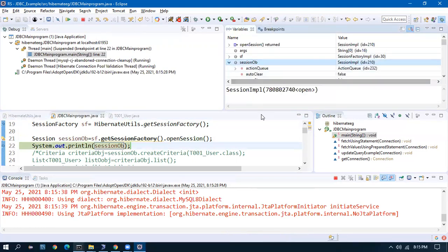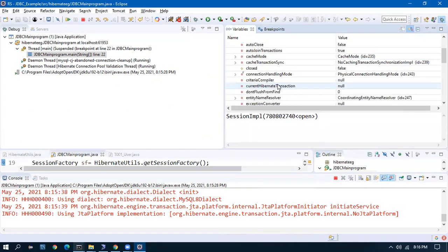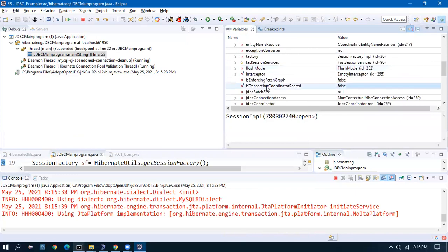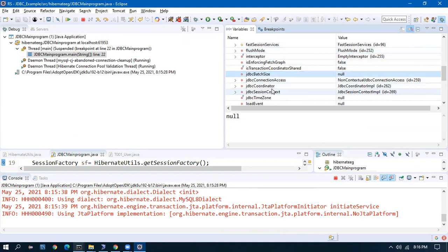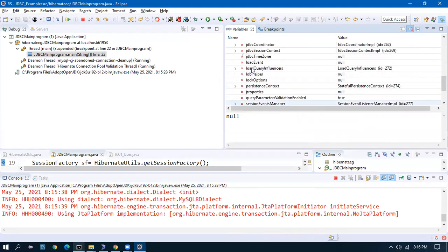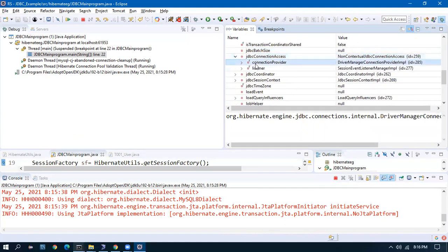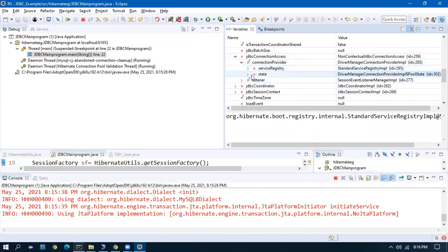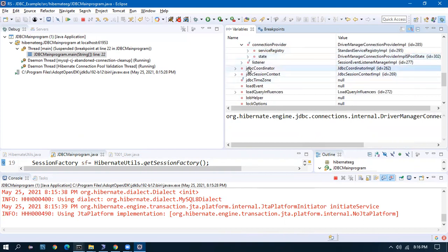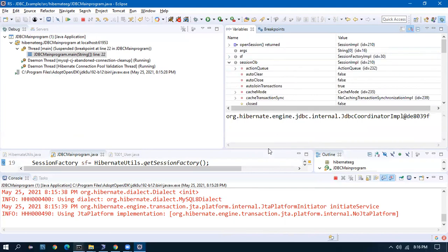The session object is going to contain the auto close, auto clear, the transactions are null, the flush mode, batch size is not there. What else is there? JDBC connection access, so it has the connection provider. So these classes will be available here. We'll not be using them directly, but you should know what is there in the session object. That's why I wanted to keep a debug.